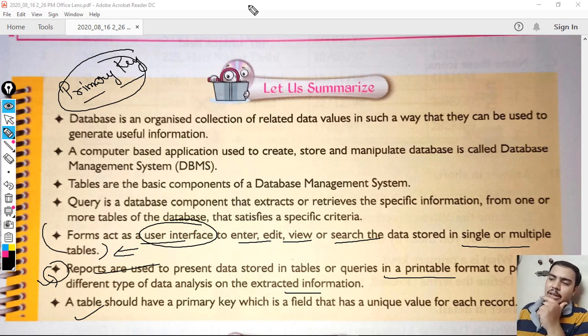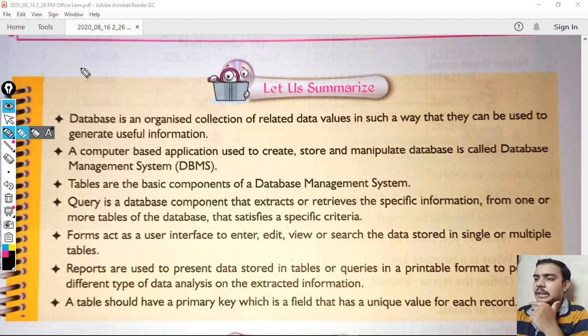So by now we have finished everything related to the practical portion and the related concepts of the theory, and only this much is the part of this chapter that we have to do in MS Access. There is one more chapter in your book that is all about queries, reports and forms. That part is not a part of your syllabus, so we will not discuss that chapter.